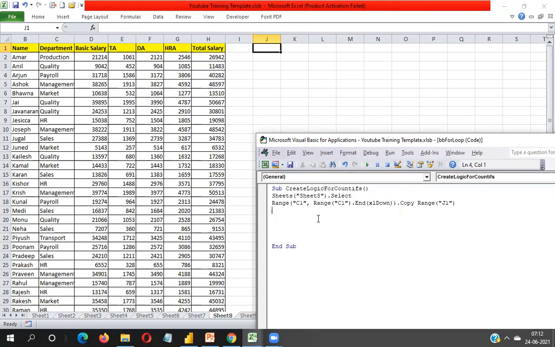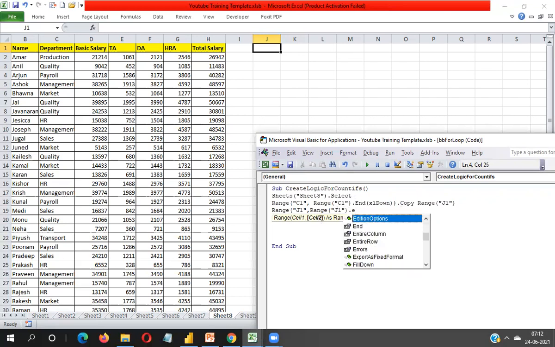Now after pasting data in column J, I have to remove the duplicate values. So I will take the reference of J1 comma Range J1 End xlDown. Make sure this xlDown code is used only on continuous data. If the data has blanks, do not use this code; you have to use a different code.